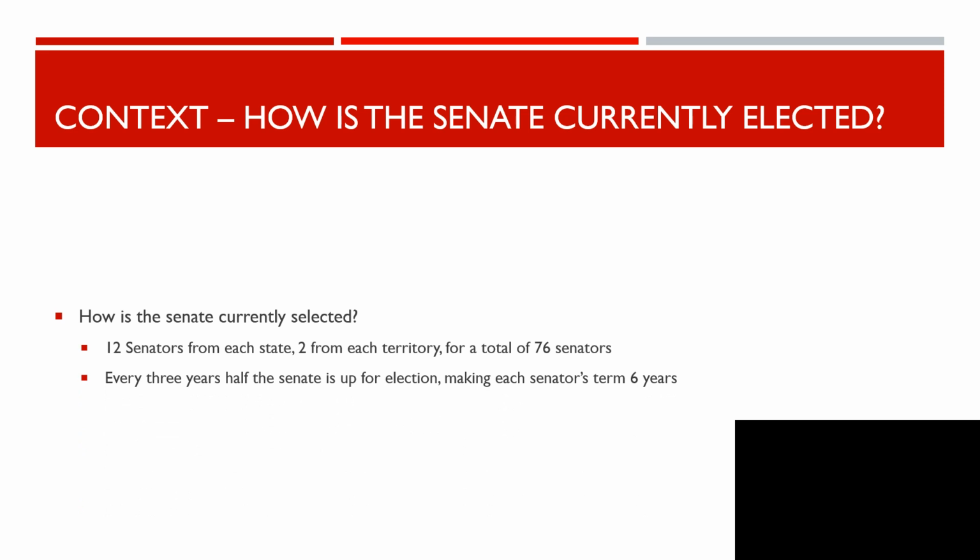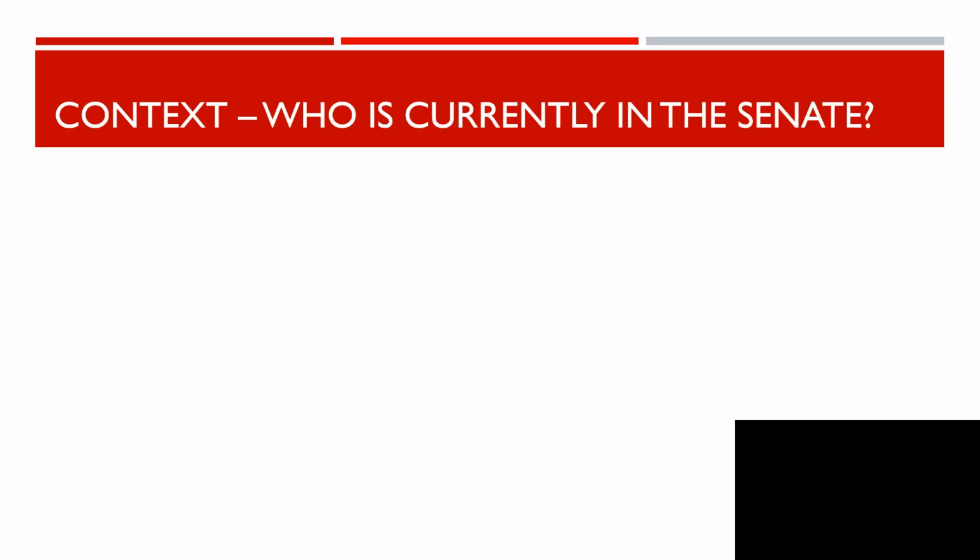The second thing to look at in regards to the status quo of the Senate is that every 3 years, half of the Senate is up for election. Australia holds federal elections approximately once every 3 years, and this means that at one election, half of the Senate is up for election, and at the next election, that half stays on without needing to be re-elected. However, the other half would then be up for election. This means that each senator currently serves for 6 years on each term, but half of the Senate is replaced halfway through that term.